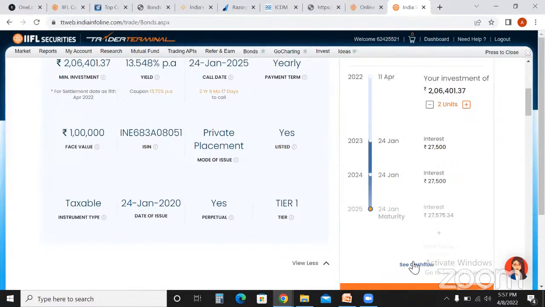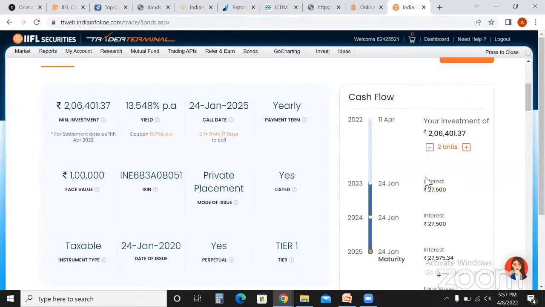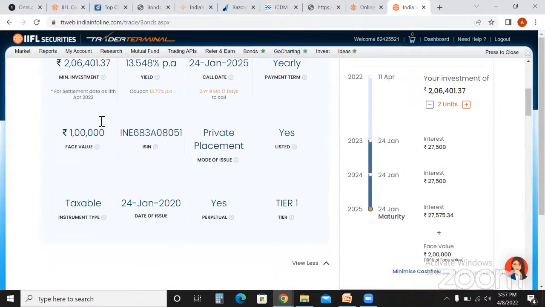Also, you can see the exact cash flow date by date. Suppose you are investing 2,06,000 rupees on 11th April 2022. Your next three coupons will be credited to you on 24 January 2023, and subsequent 24 Januaries. On the maturity date, you will get your interest plus the principal amount of 2 lakh rupees. And if you increase the amount from here, you can see the exact interest that is